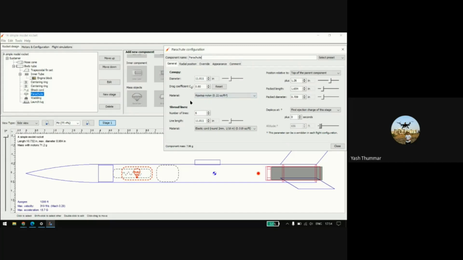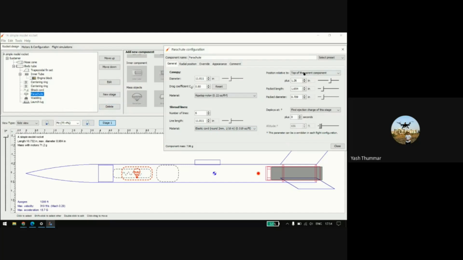And the shroud lines, as was said, are the lines that attach from this point to the parachute. How many lines go with this, and the length. Okay, so what is the length to this parachute, you have to define here. And the material of these lines, you may say the cord.